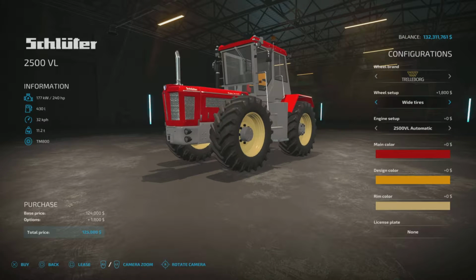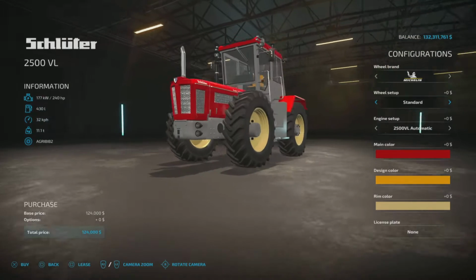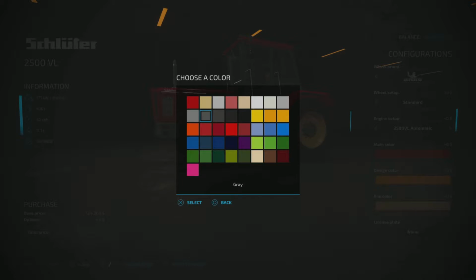Under Trailerborg we have wide tyres, twin tyres, back to standard. Under Michelin we have standard, wide, twins, back to standard. We have the 2500 VL automatic engine setup, and we have the 2500 VL manual transmission setup, back to automatic. Under main colour we have anything on that palette,